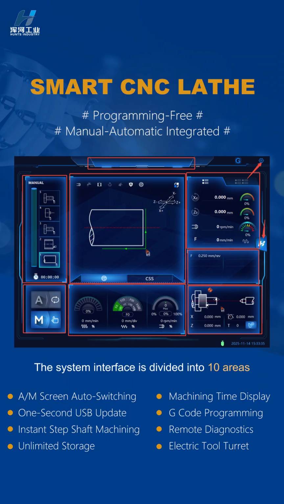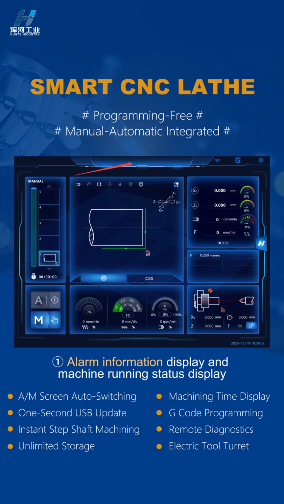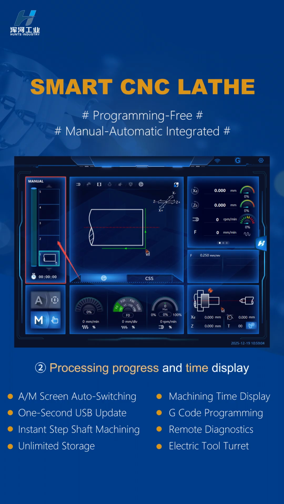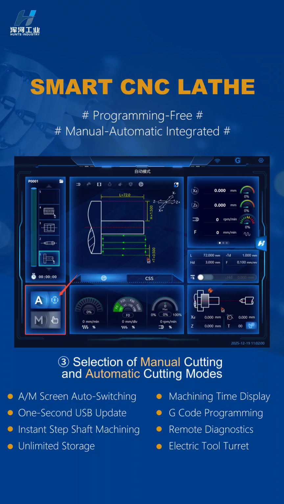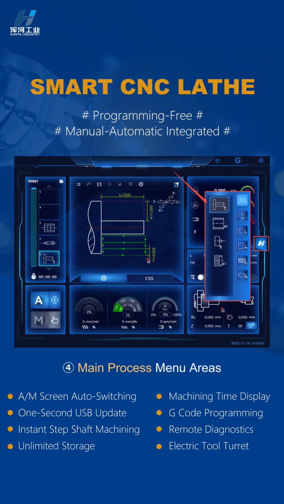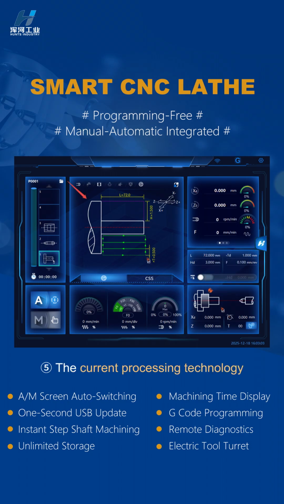The system interface is divided into 10 areas: alarm information display and machine running status display, processing progress and time display, selection of manual cutting and automatic cutting modes, main processing menu areas, the current processing technology, display of external